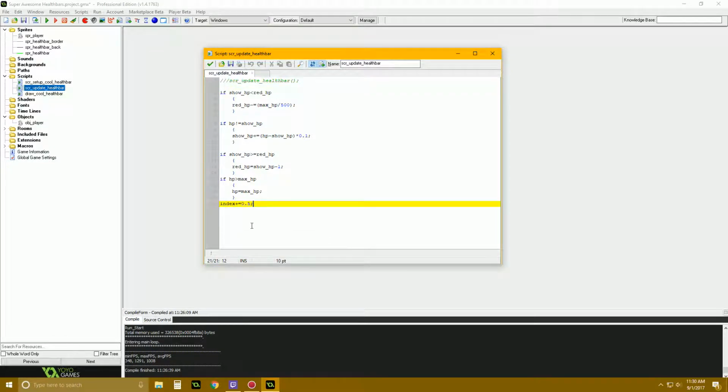It's actually pretty simple. So we'll just call it scr_update_health_bar. This is what I called mine, of course. It doesn't have any arguments, so it's easy to set up. This just keeps track of the aesthetic look of all the HP. So first off, we have our first if statement that says if our show_HP,